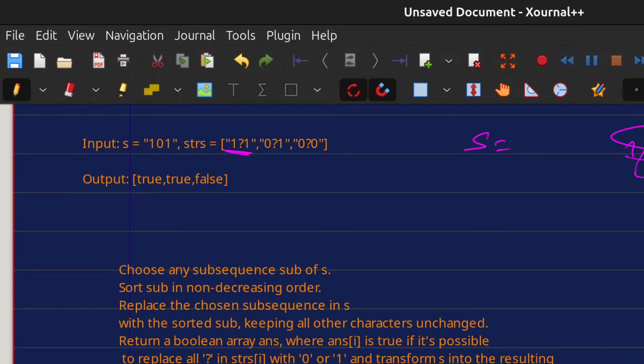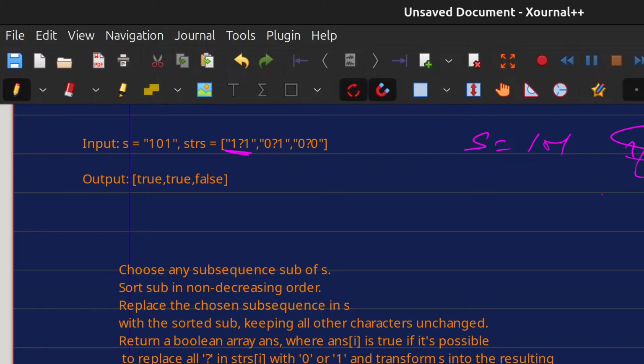Now if we have s, we will take a subsequence of s. If this matches with this, it is true, right? We can take the subsequence of s, sort that subsequence, and replace that subsequence with whatever we got,